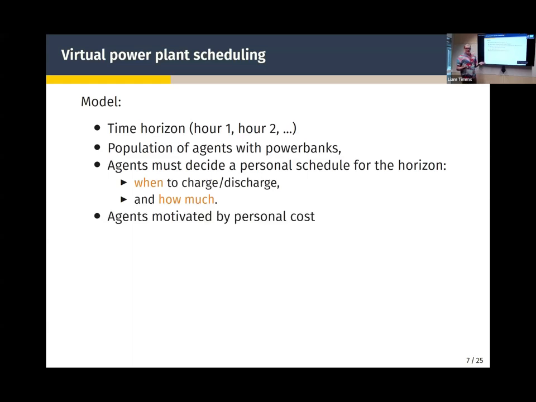And so we are assuming that agents are motivated by personal cost. They are rational, and then also, I think, maybe selfish as our modeling agents. And this cost, we break it down into the price of power for this schedule. So this is the cost of purchasing it and the profit we get from selling it,